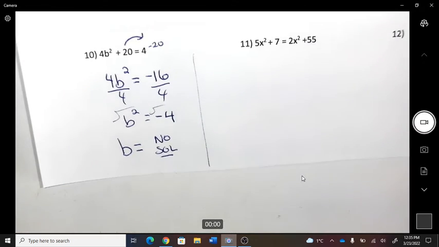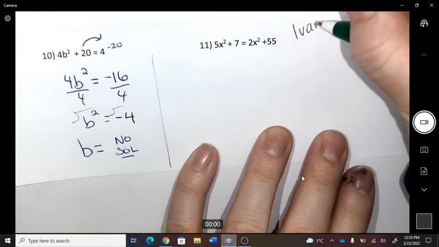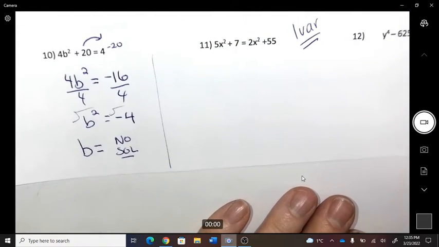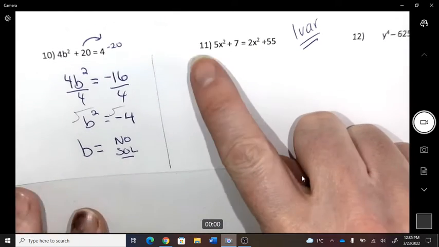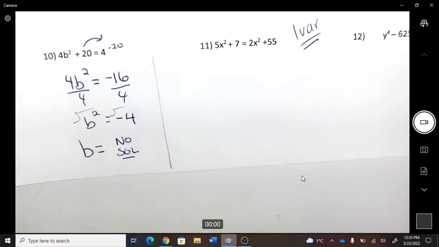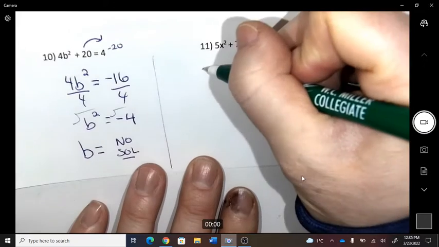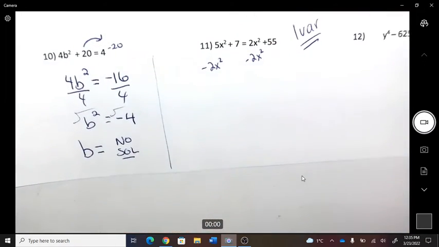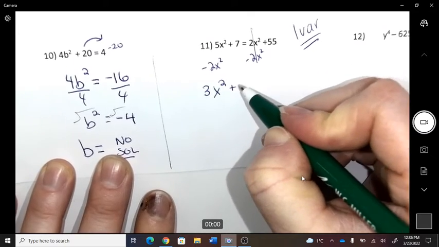11, what's the game plan? There's one variable again. So isolate stuff. Okay. I think I would like to group together this variable and this variable. So my thinking is I always like to get rid of the smaller one. So I'm going to minus 2x squared. So this stuff would be like grade 9, how you moved stuff across. Okay, so that becomes 3x squared plus 7